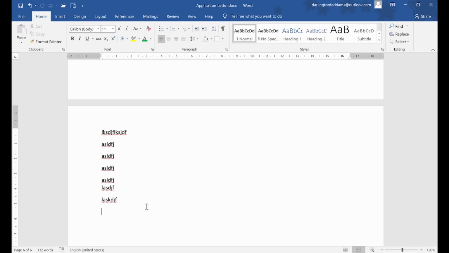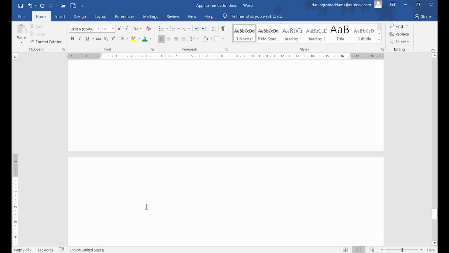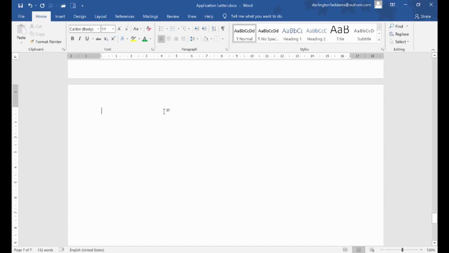Can you see that? Now press Enter several times to create a new page. Don't use Ctrl Enter this time. Now you see the difference. Good. So Enter will create a new page in a different way, and your page break will create a new page in another way. To move on to my paragraph group, I'm going to create a fresh page. So I'll press Ctrl Enter, and I'll have my fresh page to show you what I want to show you